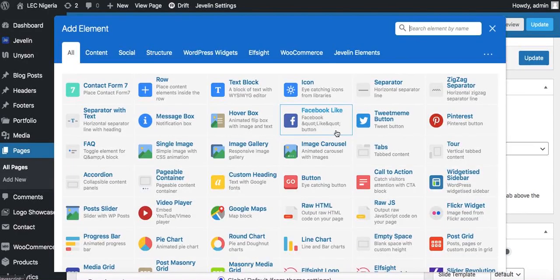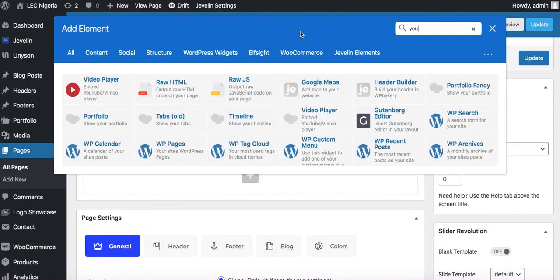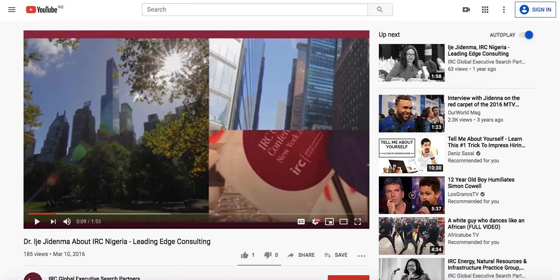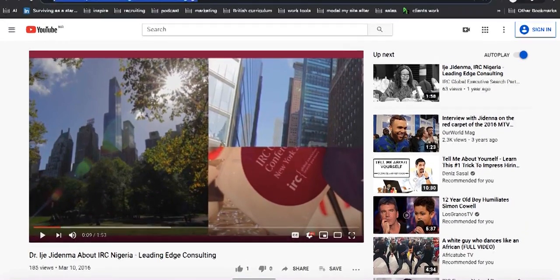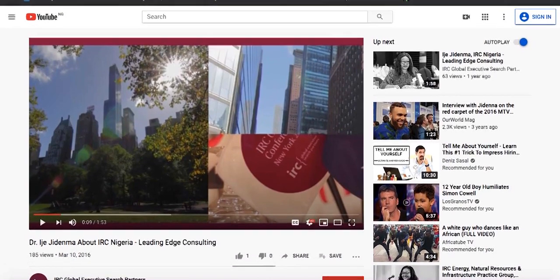So we have that there. And right here, we're going to put in a video. Because we're using WP Bakery page view, we can insert a YouTube video. So I'll click on that one. And I'll come here. I'll just copy the video URL. Let me bring that down so you can see. So I'm just going to copy that URL, right? I'll hit Ctrl C, let me pull that back up,